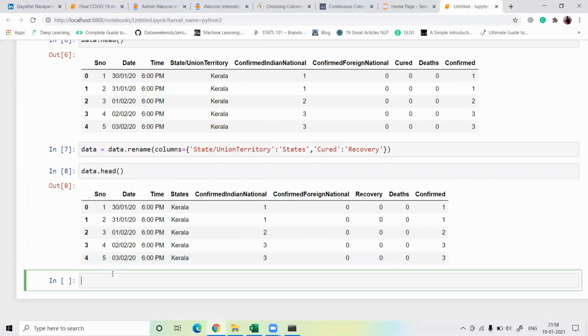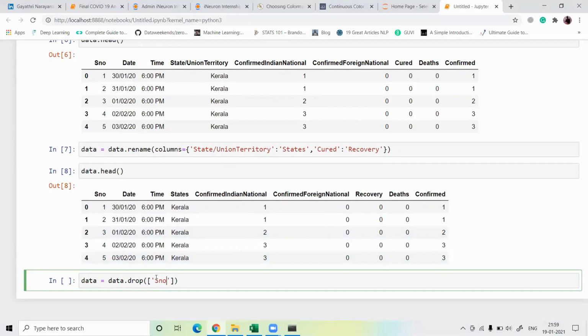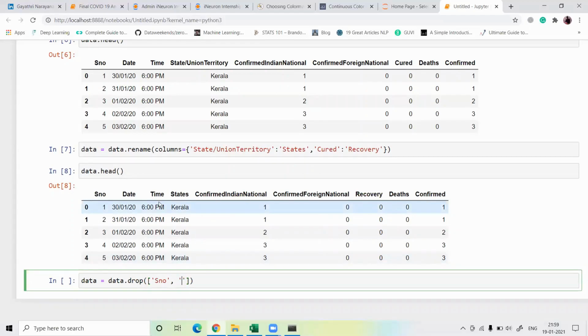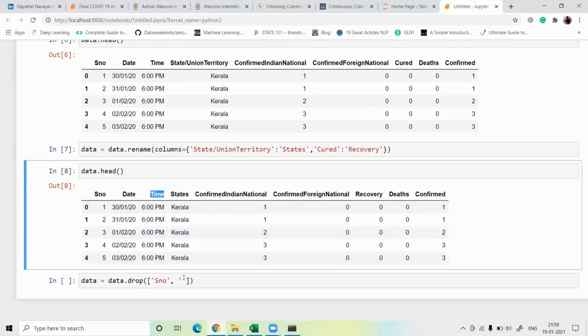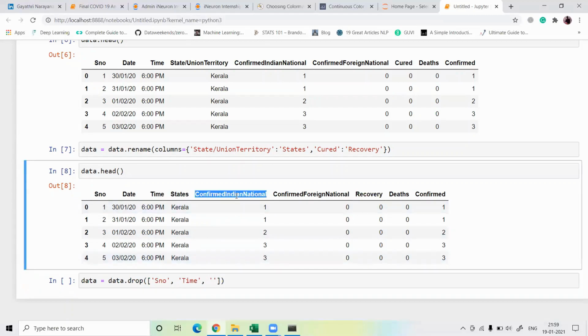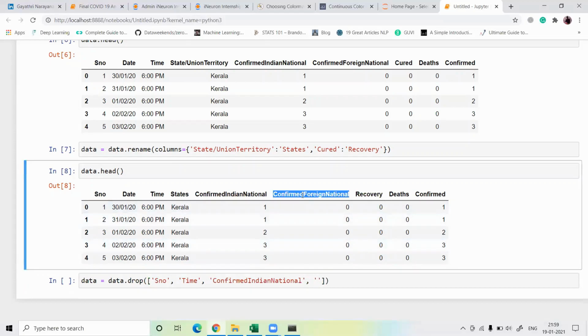I use the drop function, data dot drop, and let's drop those columns: the serial number, then the time column, then the confirmed Indian national column, and one more, the confirmed foreign national column.